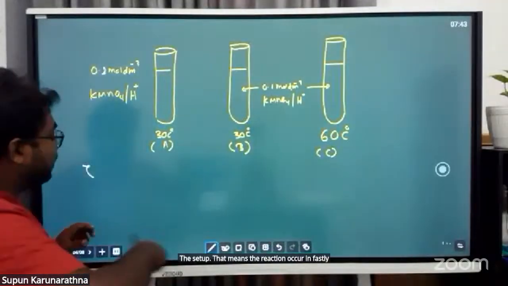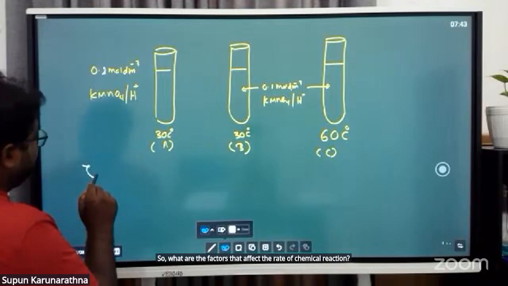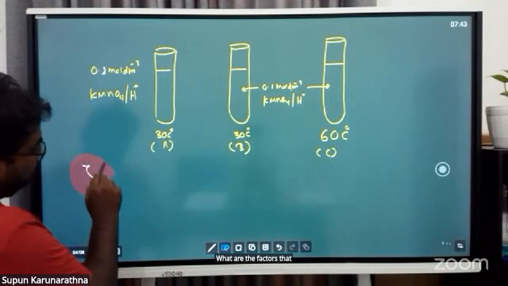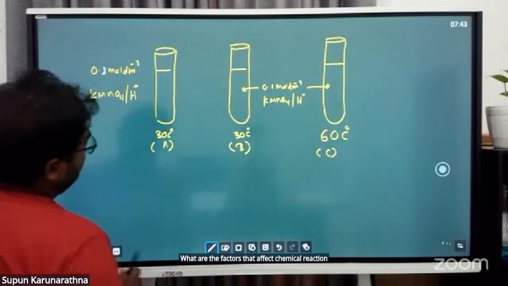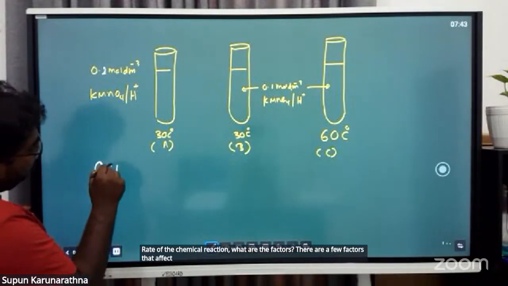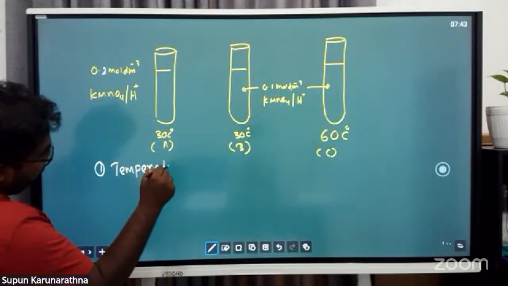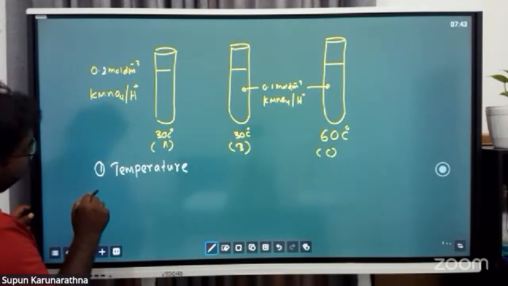So what are the factors that affect the rate of chemical reaction? There are a few factors that affect it. First one, temperature, directly affects it. Second one,